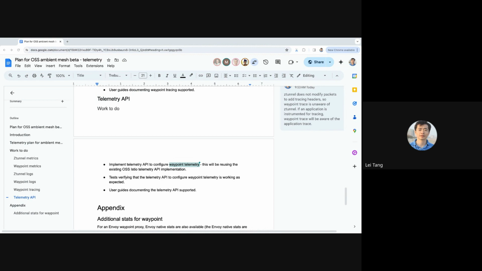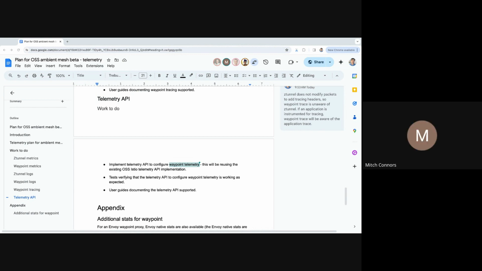You can deploy your OTel collector to fetch the metrics and then export to your own backend. But the key idea is less customization, less configurability, less implementation, less burden, and that's for ztunnel. For waypoint, it's similar to Istio, right? You can configure a bunch of things, for example, enable tracing, disable tracing, enable certain access log, disable certain access log.